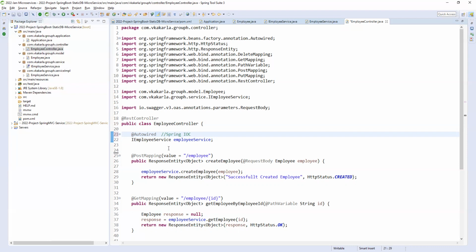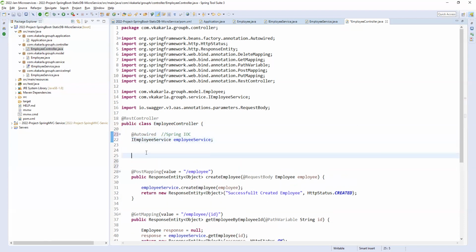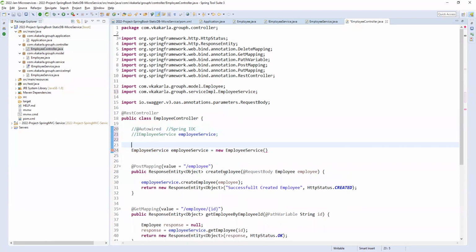So previously, what we did before Spring, in Struts and servlets, here we are having a service class. We cannot create an object for an interface.